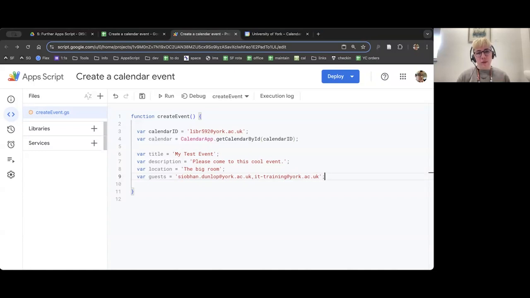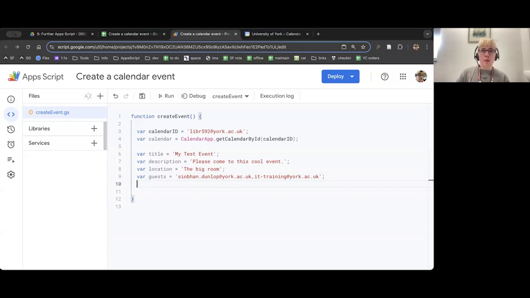And finally, I'm going to show you a slightly more advanced bit as well, which is that you can add some additional options if you want. So actually description was one of these special options, and location and guests, they're actually special options that I'm putting in. So I am going to set up these options, and this is just a bonus thing that's built into the create event function that we're going to use.